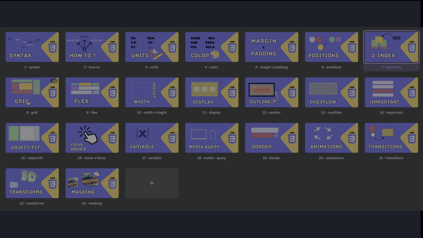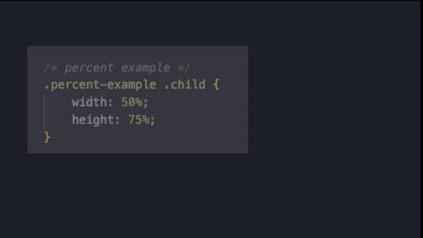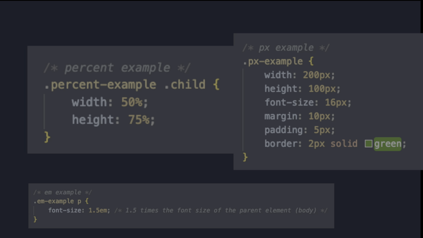In this series video, we break down each concept of CSS step by step. But in this video, we're gonna learn about different units in CSS. We will go through each one of those and explain it with an example, so it's gonna be easy to